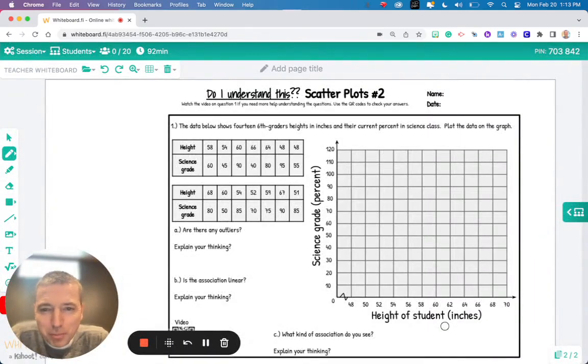Hey guys, let's answer question number 1 here. The data below shows 14 sixth graders' heights in inches and their current percent in science class. Plot the data on the graph. So we're trying to see if there's going to be a relationship between the student's height and their science